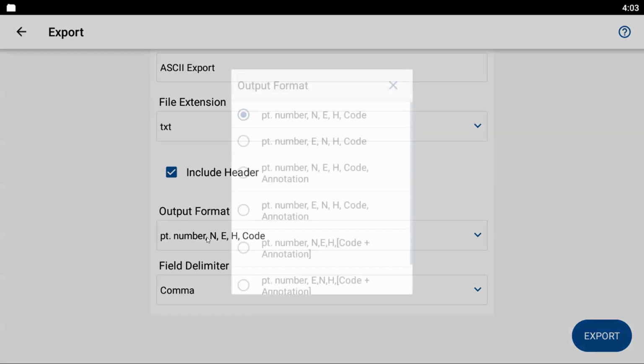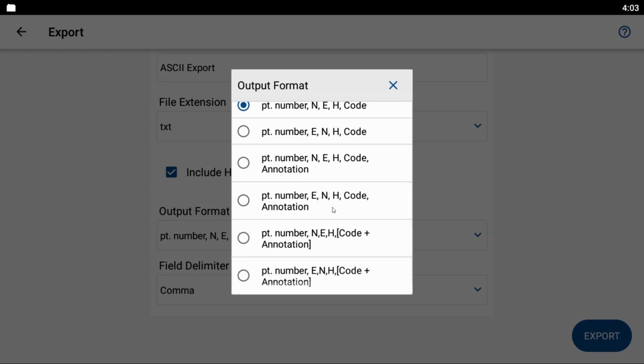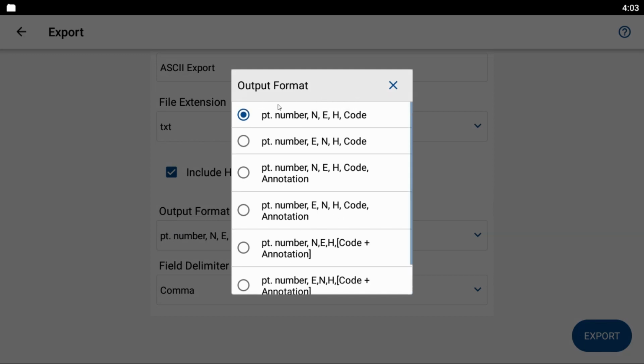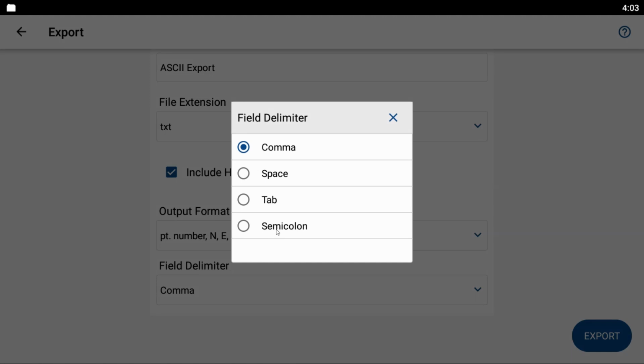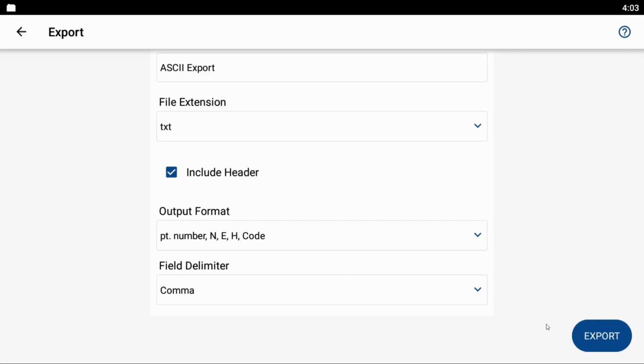And then my output format here, I have several different options. So you can see here, you can change the way in which the points are exported. So in this case, I'm just going to leave it as my point number, my northing, easting, elevation, and the description. And then for my field delimiter, you can choose anything that you would for any of these types of files. So if you want to go comma, that just means each point is exported with the point information separated by a comma. The same thing for space, tab, or semicolon, but in this case, what I'm going to do is I'm just going to leave it as a comma separated here, and then I'm going to hit export,